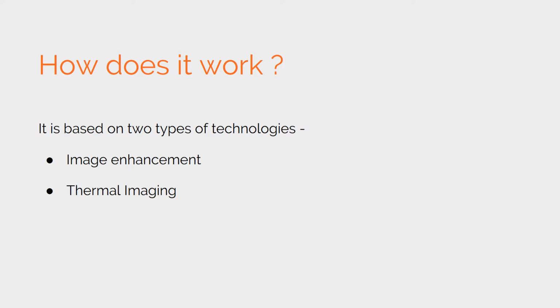So, how does it work? It works on two basic technologies: image enhancement and thermal imaging. Image enhancement works by collecting the tiny amounts of light, including the lower portion of the infrared light spectrum, that are present but may be imperceptible to our eyes, and amplifying it to the point that we can easily